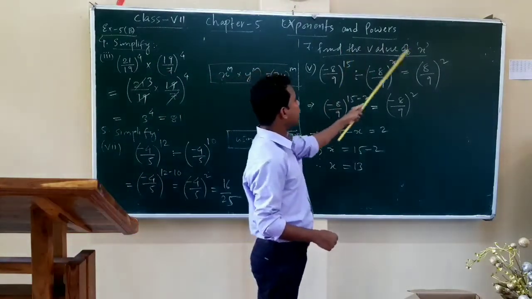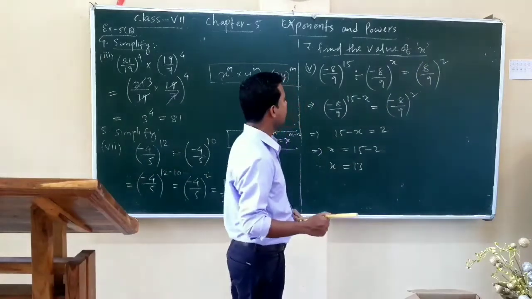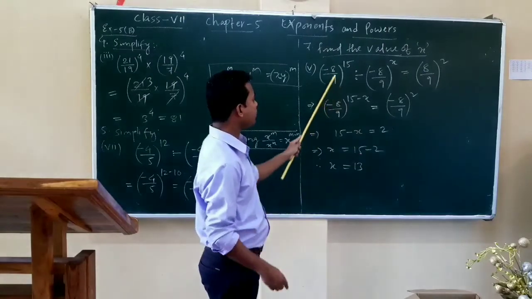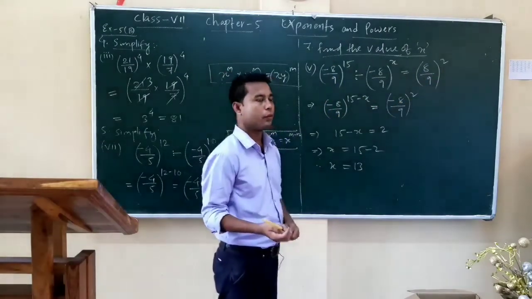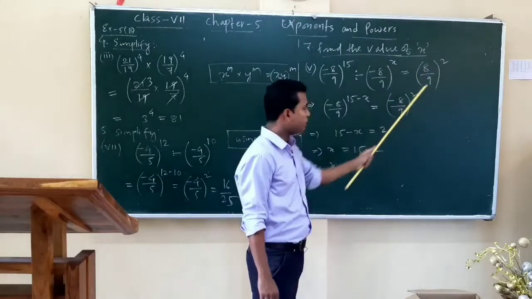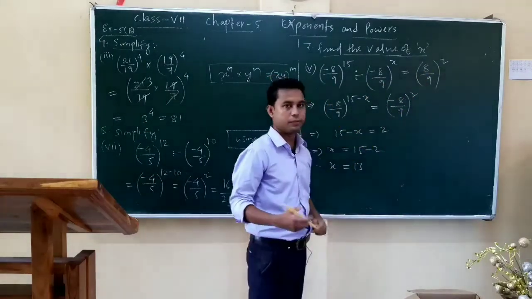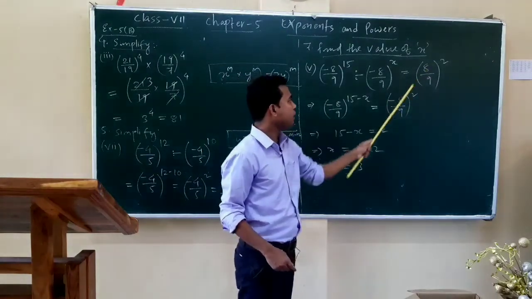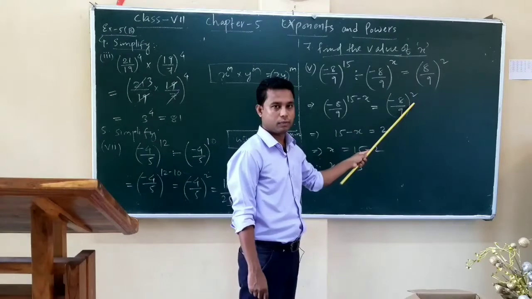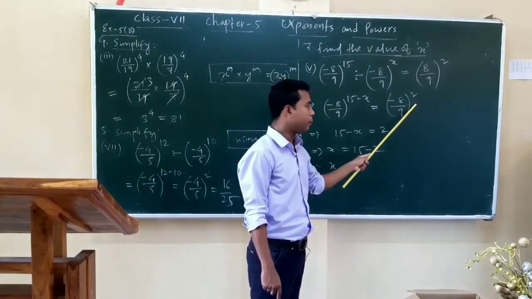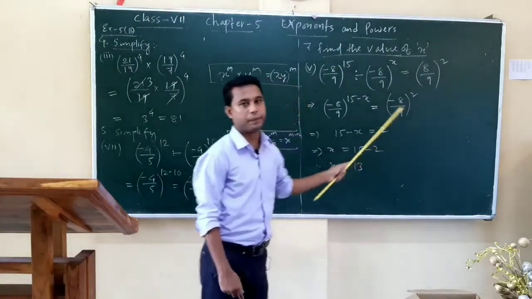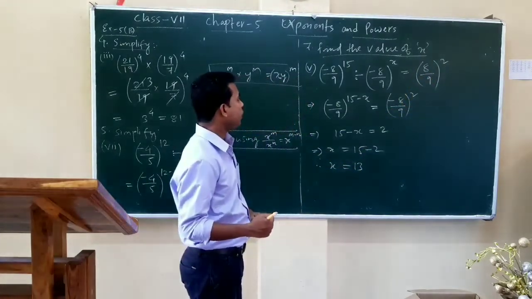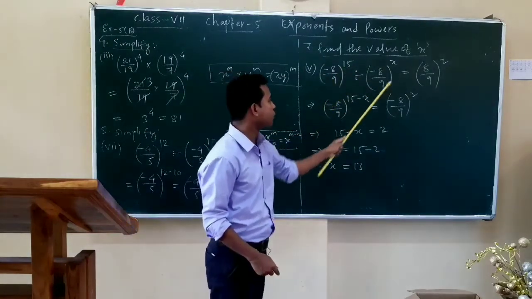The next question: find the value of x. You have to find the value of x. Now you can see the bases are the same. Of course you don't have a negative sign here, but if you give a negative sign here, the value will remain the same, because the power is an even number. So we can put a negative sign here. Since it is divide and the bases are the same,